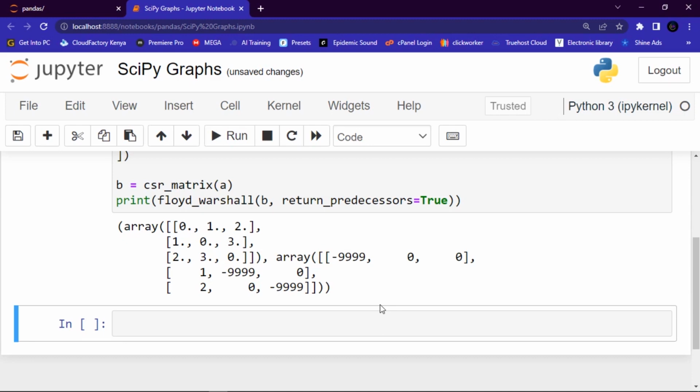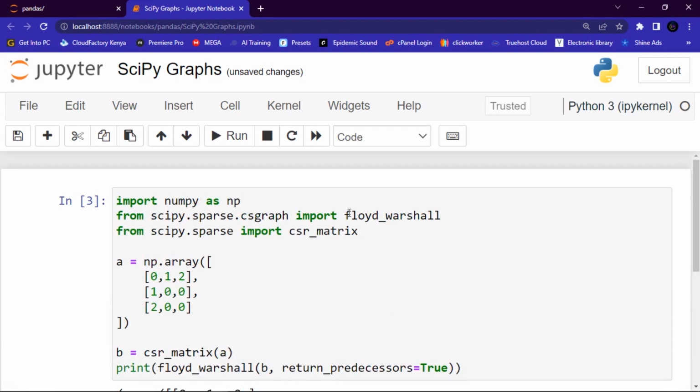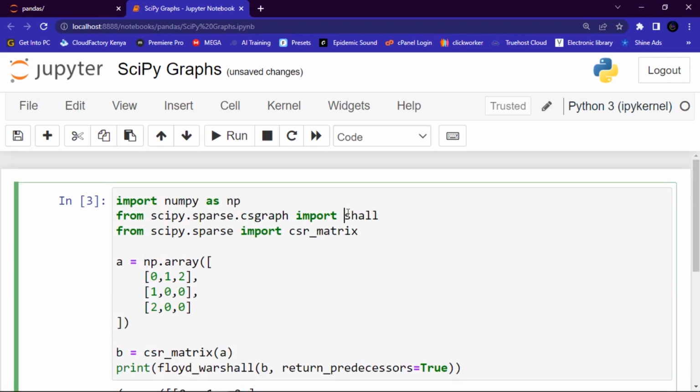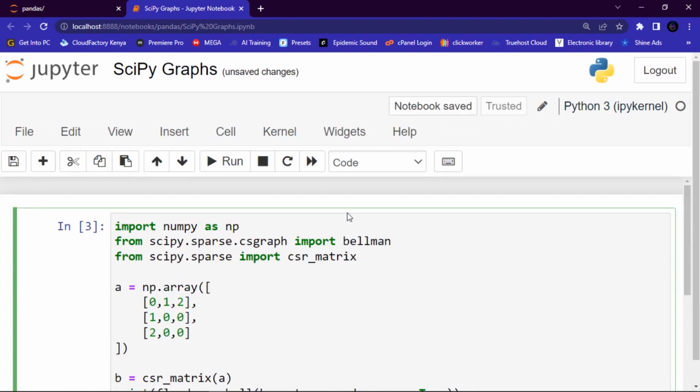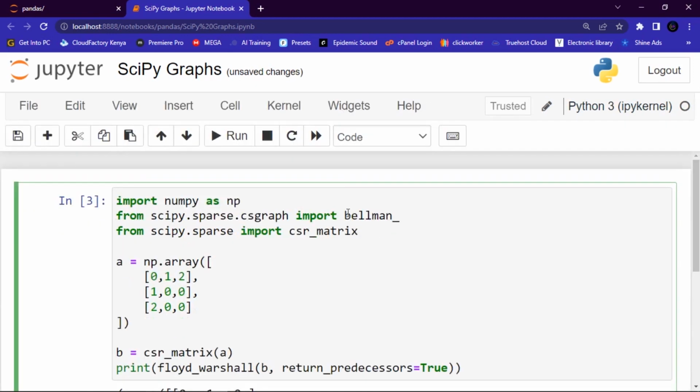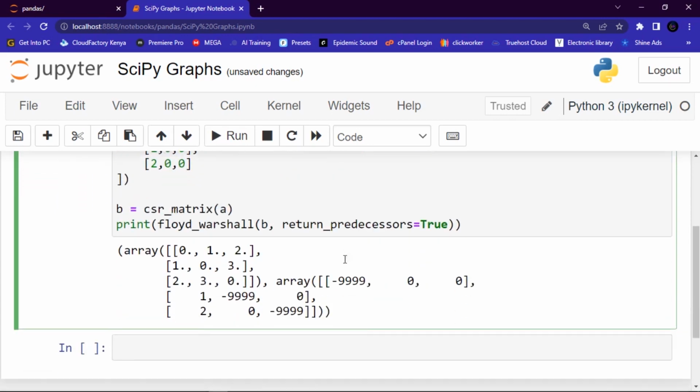Now the Bellman-Ford method can also find the shortest path between all the pairs of the element, but this method can also handle the negative weight as well. Instead of Floyd-Warshall, let me replace it with this Bellman_Ford. Sorry, it should be Ford. And then let me just copy this here, and then let me use it as a method here, the print